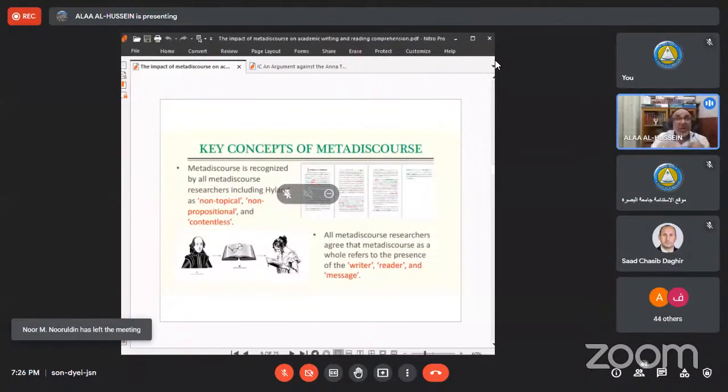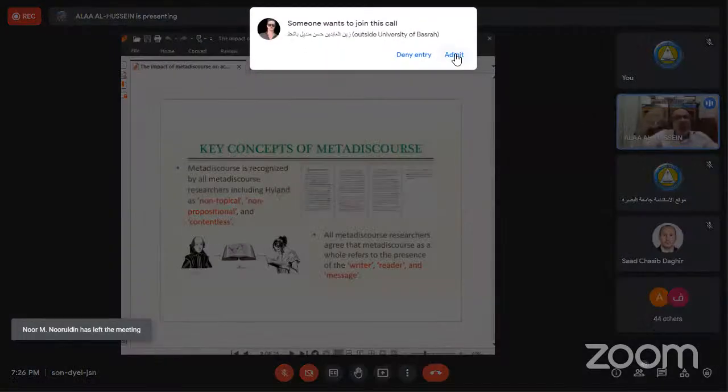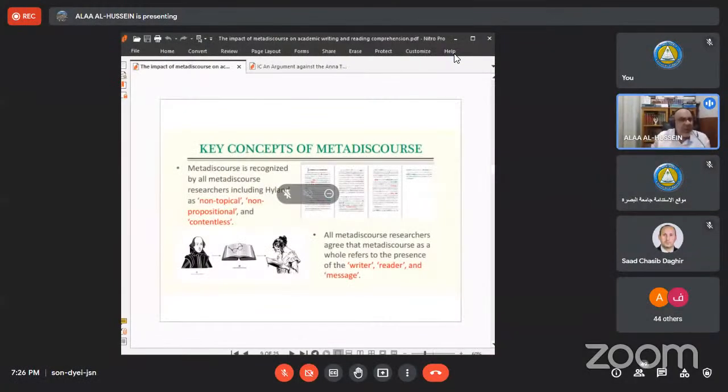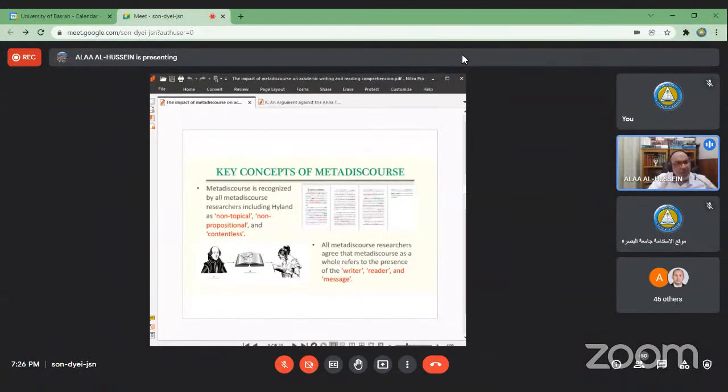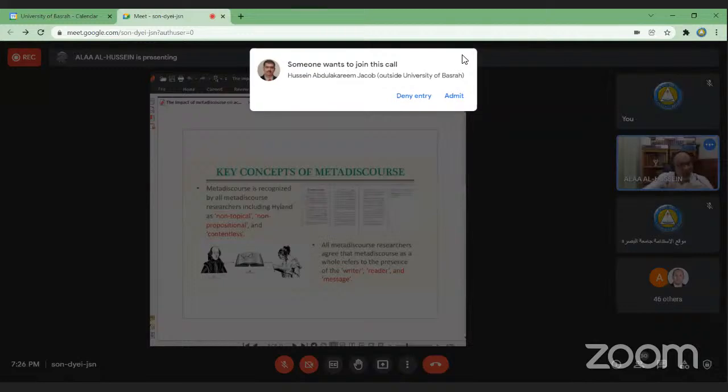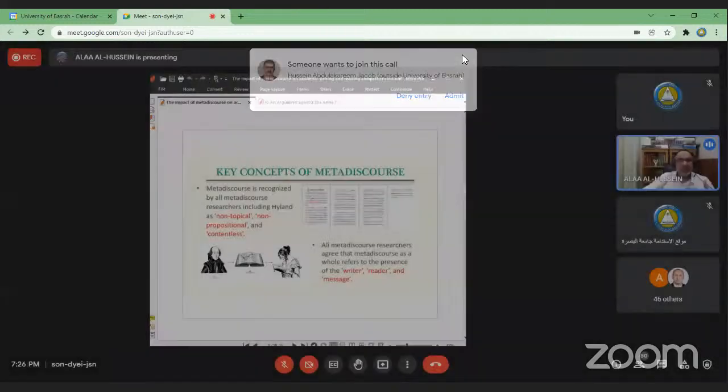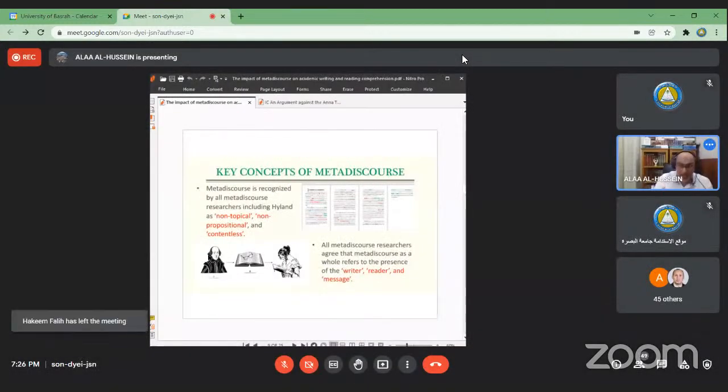So the writer can't write the list of ideas without what? Without connecting those ideas to be coherent and cohesive. So writing a text should be coherent and cohesive, connected to each other. The writer should guide the readers throughout the lanes of the what? Throughout the lanes of the text, in order to what? In order to give his or her ideas coherently,